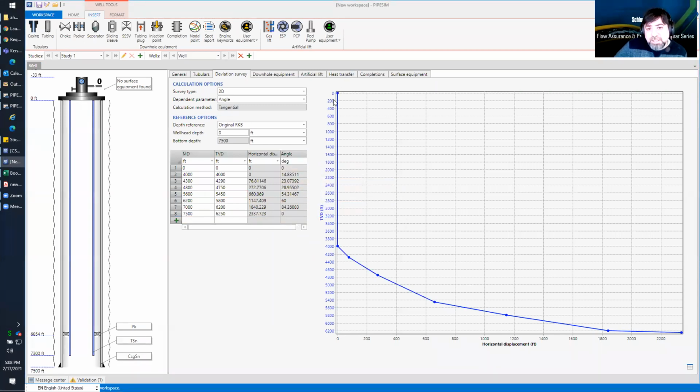So the deviation survey is used to calculate the angle of the flow. Like for example, we assume that this is the casing, all right? And for the pressure drop calculation, the angle matters, okay? So if you have a horizontal angle, it will be different than the vertical angle, because then the holdup will be different, okay? So I have added now a vertical, horizontal,